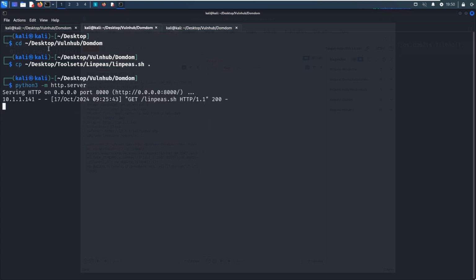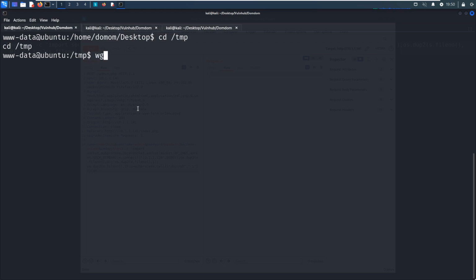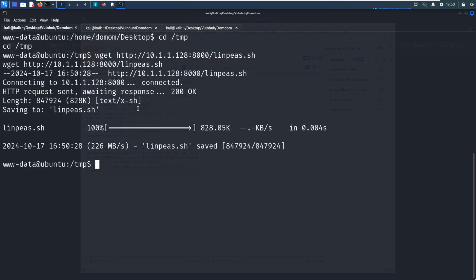I've already done that. So now we can use wget to download LinPEAS, and we need to make it executable, and we just run it.